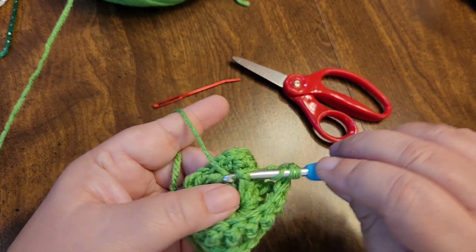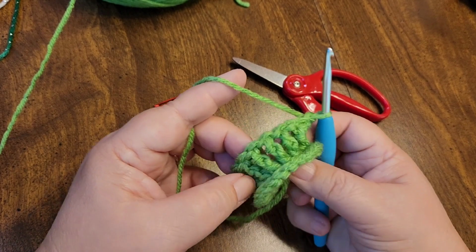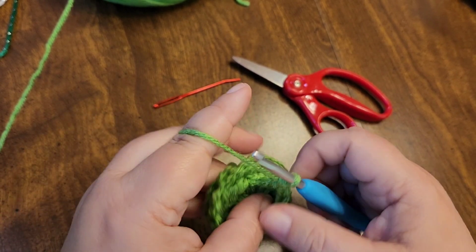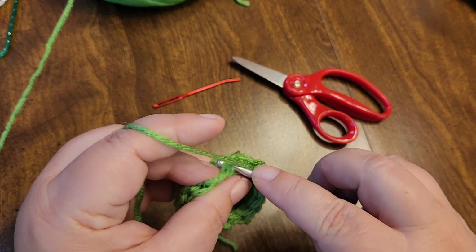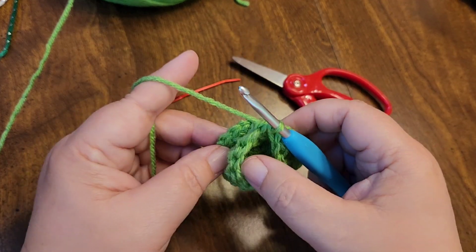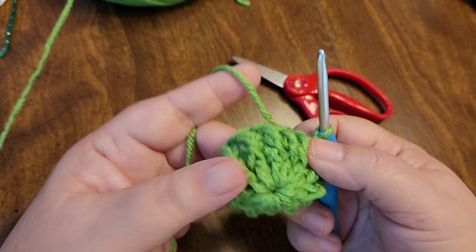And here's the last one. So you can see that we've almost got a daffodil-like pattern coming up. What we're going to do now is join into the top of that first front post treble crochet. And then what we're going to do is push all of these treble crochets down and around